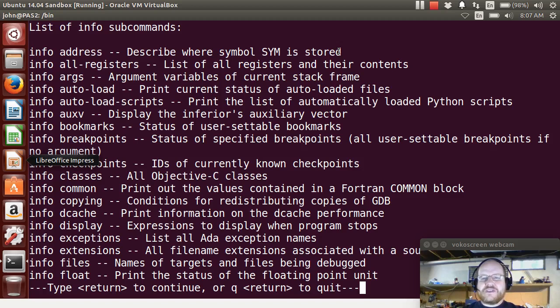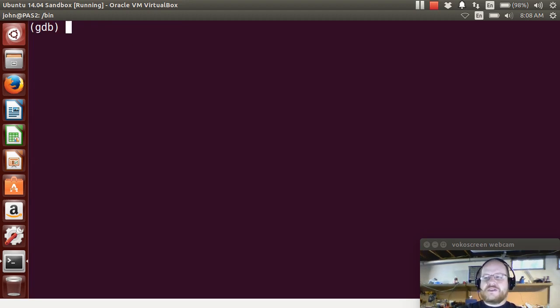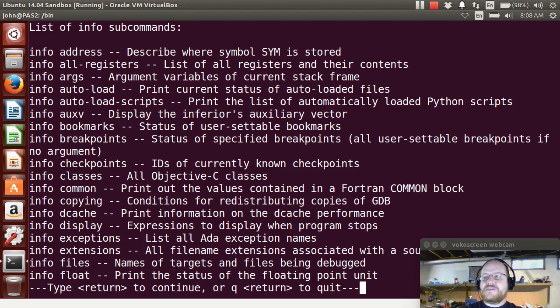In this video, we're going to talk a little bit more about using GDB in order to investigate unknown files. In particular, we're going to talk about things like the info functions in GDB that you can use in order to get some more information. So if you go into GDB and you just type info, you'll be greeted with a list like this